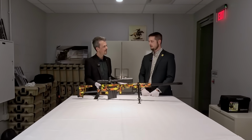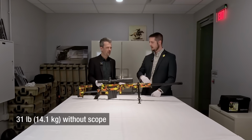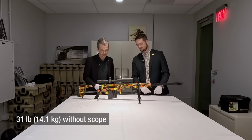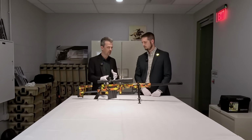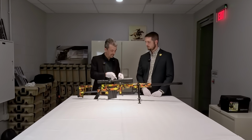I have the number 35 in my head, but that could be with scope, with loaded mag. I think that's with scope. We'll check that and throw something up on the screen. But it's so heavy, so chunky, and that's just by virtue of the very high pressure round that it's shooting and all of that. But it leads you to this